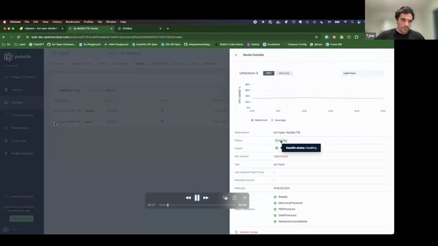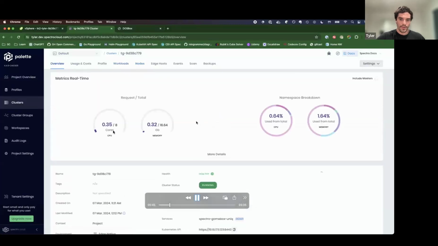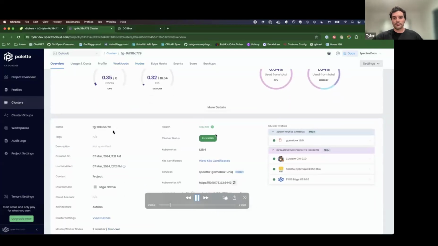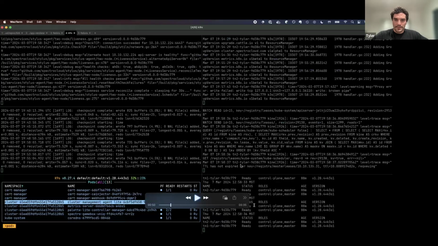We can see here we have one with the TN1 prefix that is marked as the leader. So we have these annotations. We have a leader and a follower. They're both healthy. And we saw TN1 was the leader. And then there's a lot going on here, so I'll just pause it. But basically up